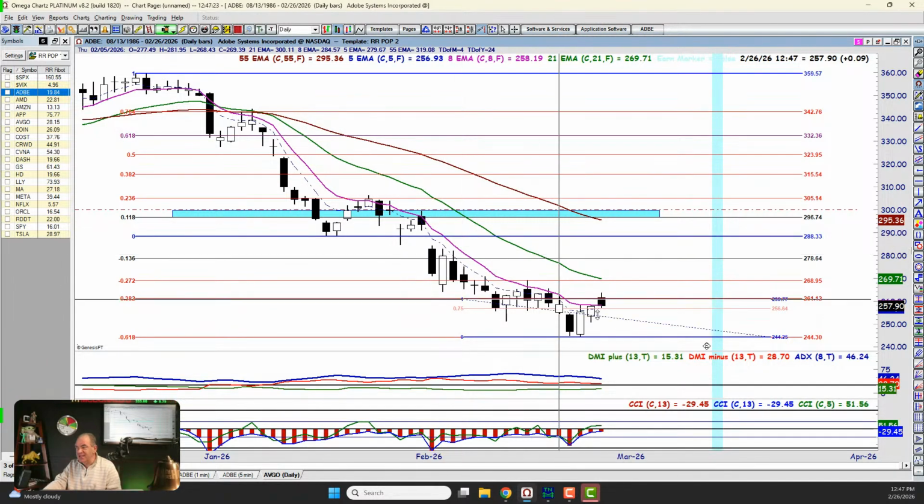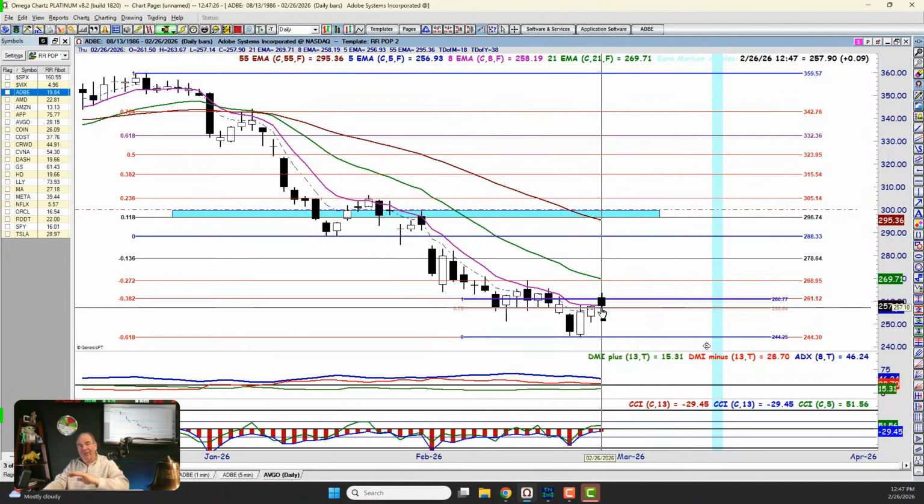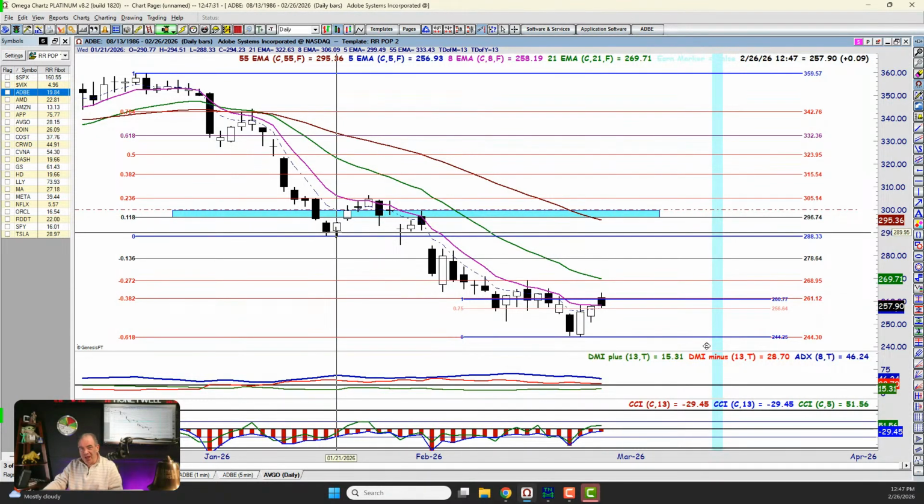If we close near a fib line, but the moving average isn't there, that's a rank of 2. So 1 says the Fibonacci and the moving average are in the same location. 2 says we close near a fib line, but no moving average. 3 tells us we're in the middle of God's country. There's nothing there at all. We're right in the middle somewhere.